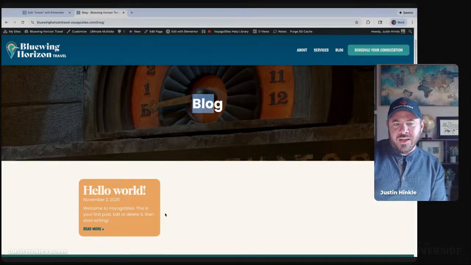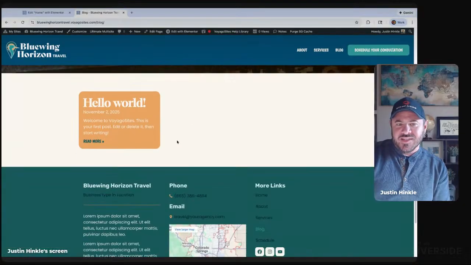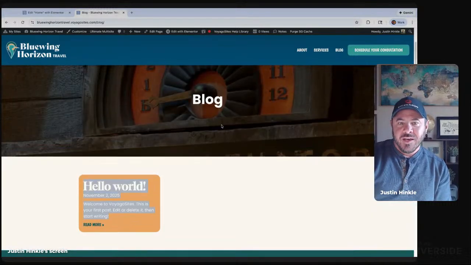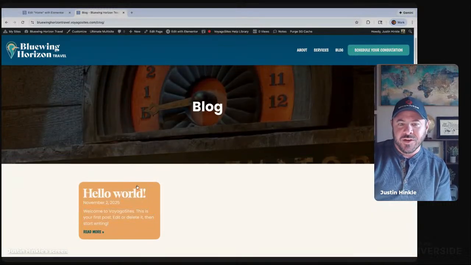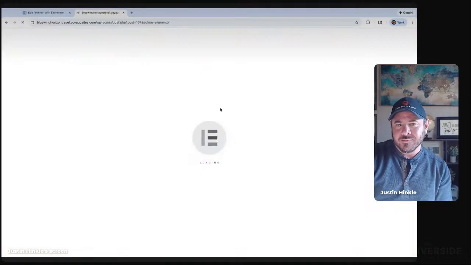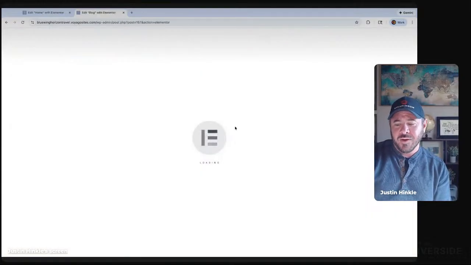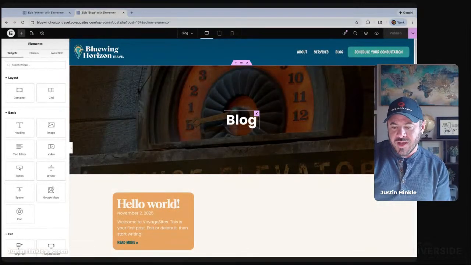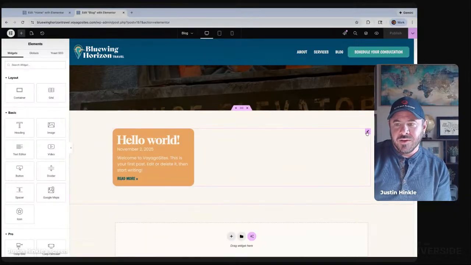With your blog, this setup's pretty basic. It's going to show cards like this. I think it goes 3 across and then down in a grid as you add more blog posts. So there's not much you have to do here. You can add the photo to this card. So if you want to go to edit with Elementor, the featured photo of the blog post can be added to the card as well. So you click this pink